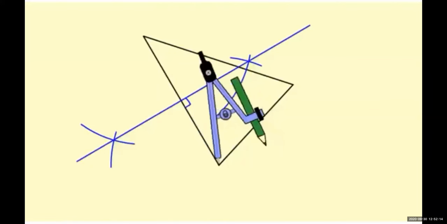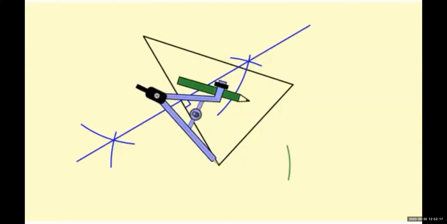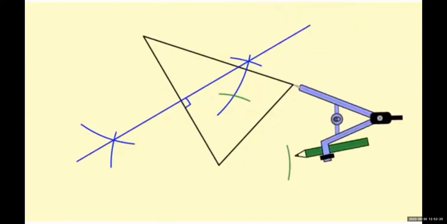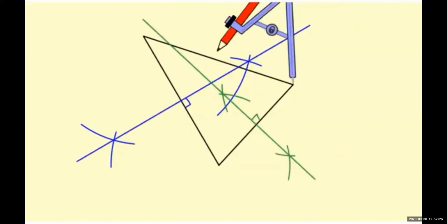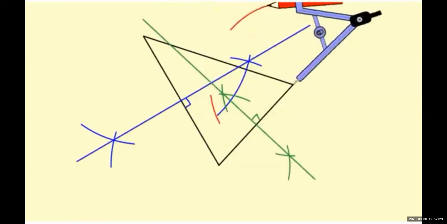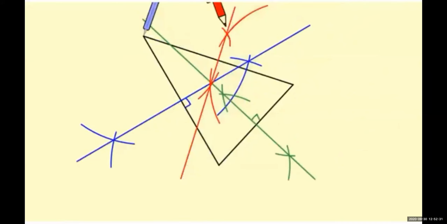This is the perpendicular bisector. Same for this, take more than half of that segment in a compass and mark from the two endpoints of the segment. Perpendicular bisector is done. Again from the two endpoints, draw arcs, and here is the third perpendicular bisector. Their intersection is called the circumcenter. Here we got a point in black, that is the circumcenter.